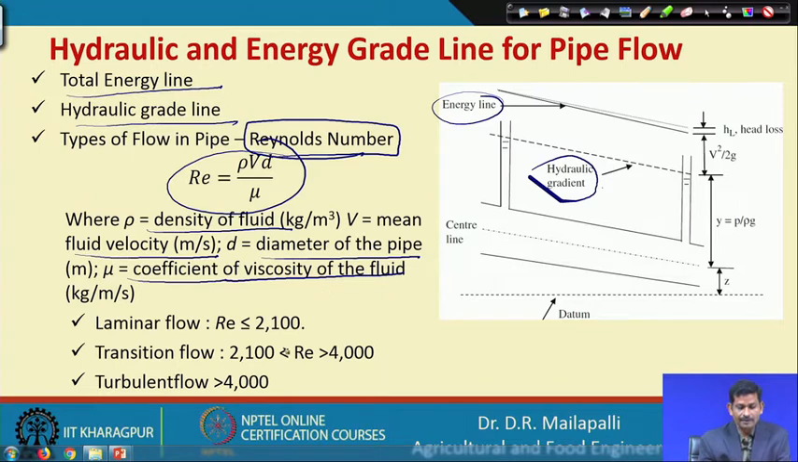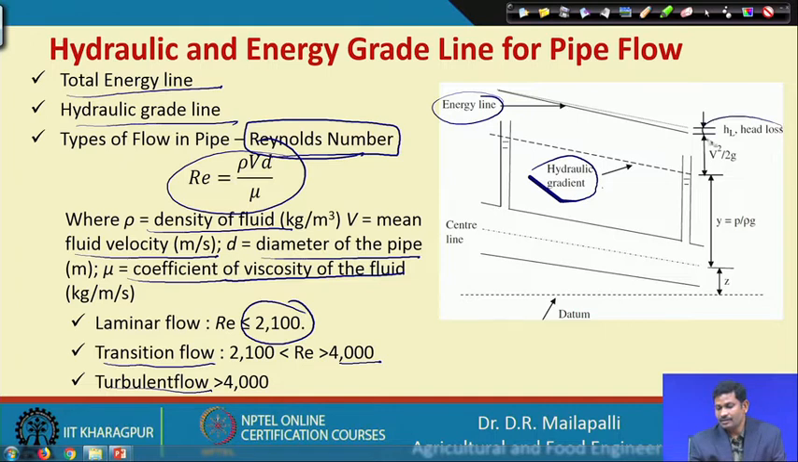Once you put in the values, if the value is less than 2100, then we call it laminar flow, and 2100 to 4000 is transition flow, and more than 4000 is called turbulent flow. So, here